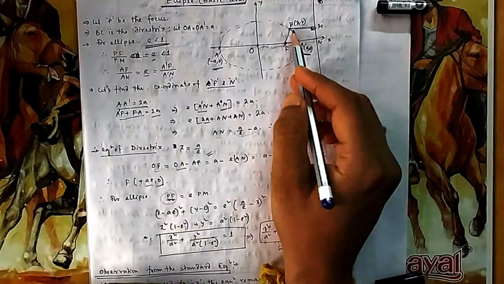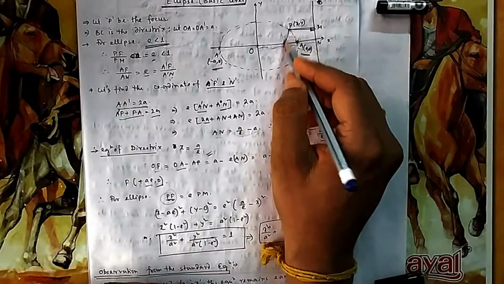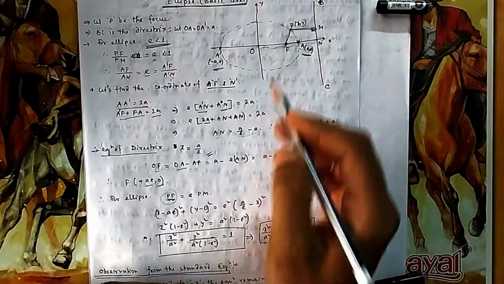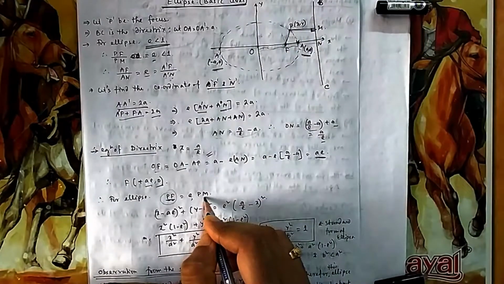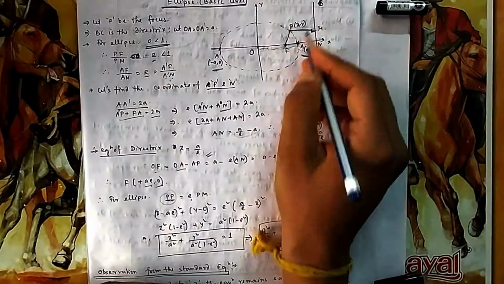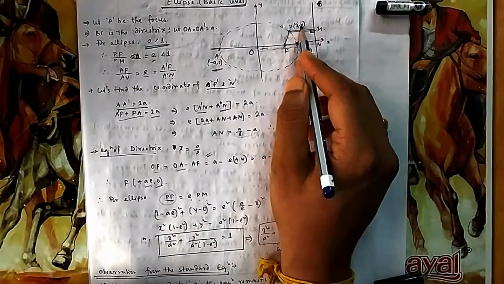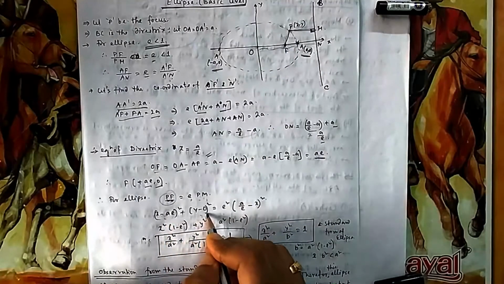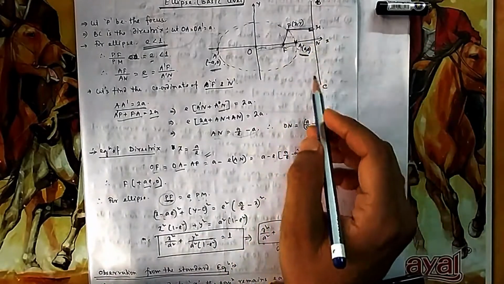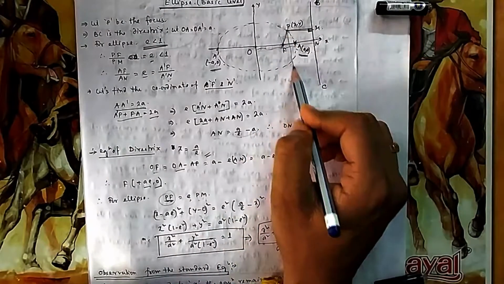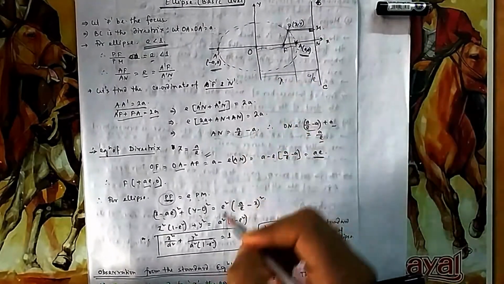So what is the idea? For an ellipse, any point P you take, the locus of the point for which this ratio, this by this, should be equal to E. So any point P, the distance to the focus should be equal to E times the distance to the perpendicular line. So PF should be equal to E times PM. What is PF? X minus this whole square, Y minus this whole square, X minus the X coordinate, Y minus the Y coordinate. I have taken the square on both sides. What is PM? PM is the distance. You can see this much is X and this much is A by E, so A by E minus X, directly you can do.